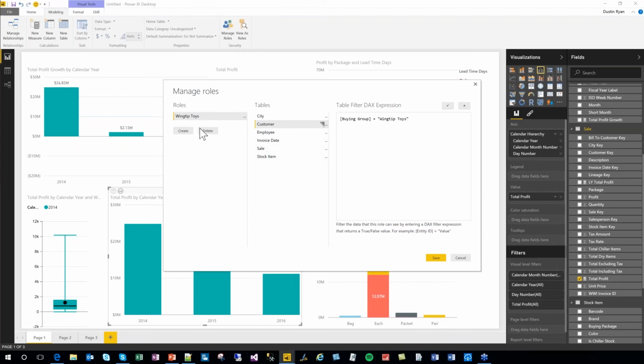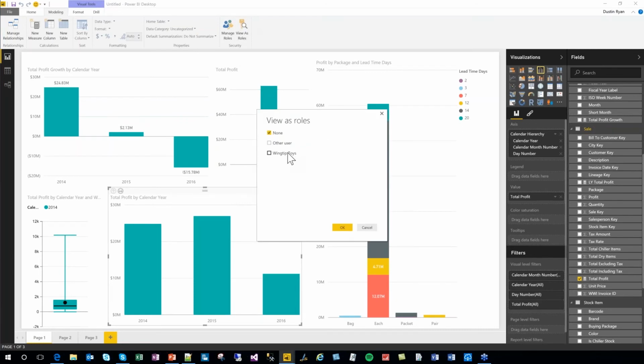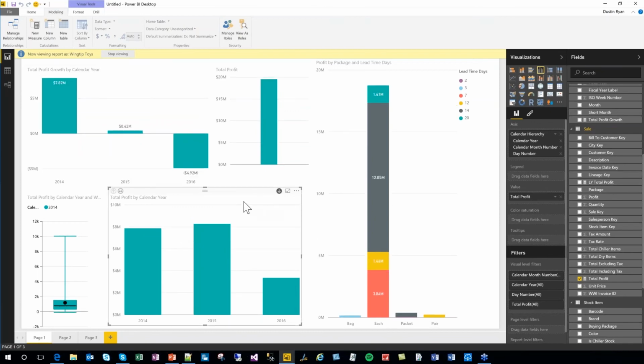And so those users that are a member of this role will only see rows where the buying group is Wingtip Toys. And now I'll click Save. And so I've added a role. Now if I want to test the role, I can click the View As Roles button here and then go to Wingtip Toys and click OK. And you'll see that this is actually going to filter these charts. And you see there it goes, it filtered the charts,